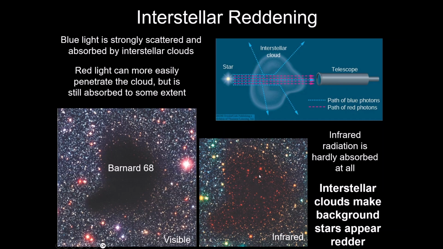So we're capturing the infrared light, and look, we can see through the cloud now. The infrared light is scattered far less, and not only can we see through the cloud, but we can see if there's anything actually located inside of the cloud. Anything inside or anything beyond would be able to be seen. And this is a common technique you'll see in images where we're looking at a really dense region where maybe star formation has taken place. Star formation takes place in these thick interstellar clouds, and a lot of times the new stars are kind of cocooned inside of these clouds.